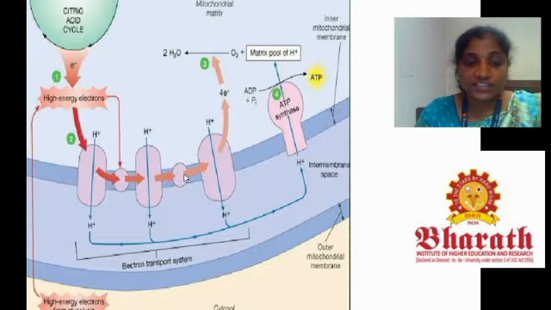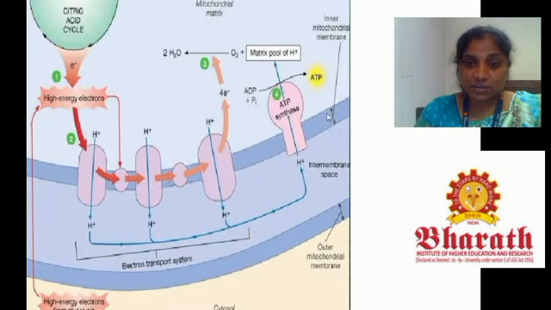So there will be components, and the released high energy electrons, such as NADH and FADH2, enter these components. They move from a region of higher concentration to lower concentration, from one component to the other. And while they are moving, hydrogen ions are moved across the membrane. This electron transport system occurs in the mitochondrial membrane.